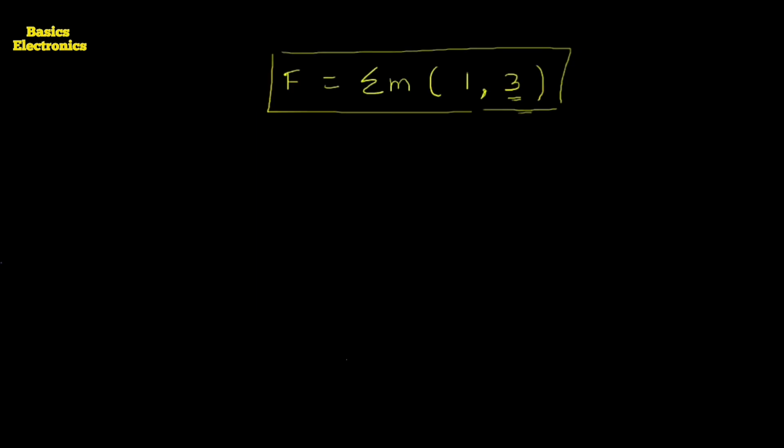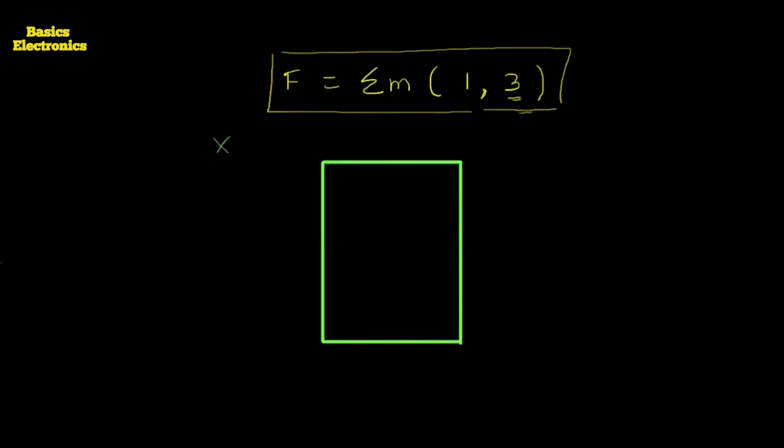Now here we require to use the decoder. That decoder or demultiplexer is the 1 line to 4 line decoder. So first we require to draw this symbol. Here is the symbol of that decoder. Now here the data line is there, but we are not required to use that data line. Instead of that we use the select inputs, and here the select inputs are 2: the A select input and the B select input.